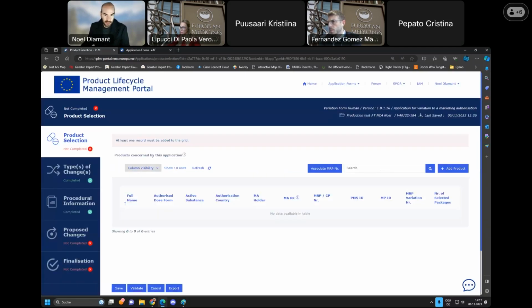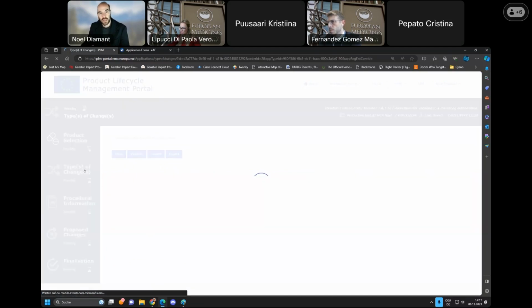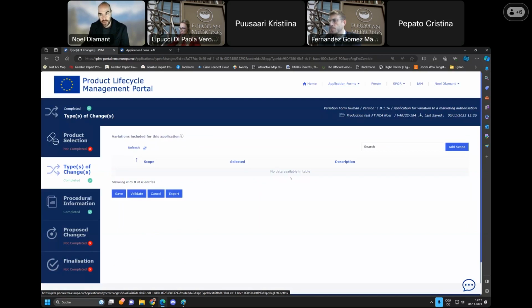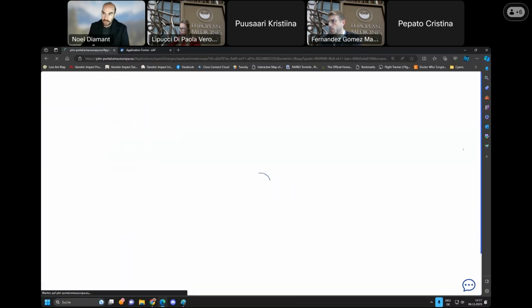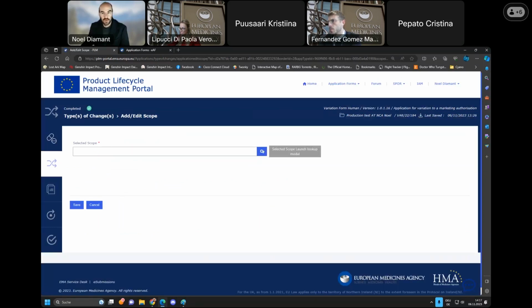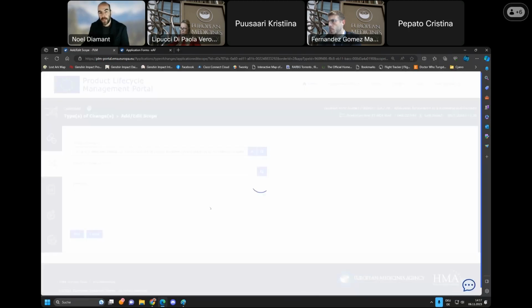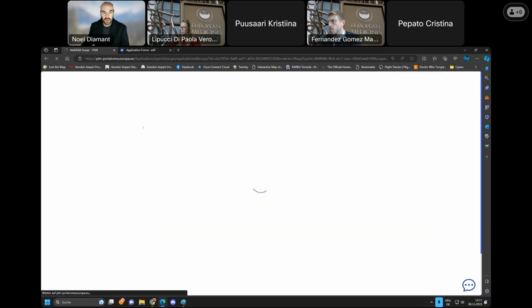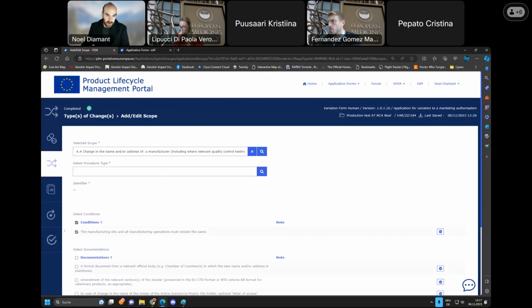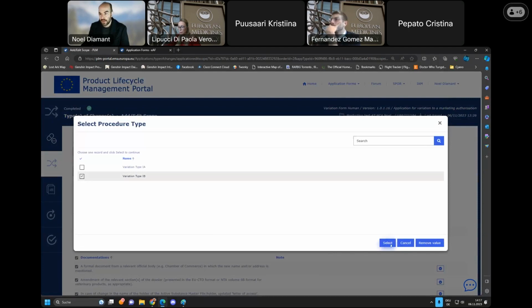So there, I'm going to choose here in the production system. For me, as an NCA user, I don't have any products, but what I can show you is, in the types of changes, I would usually manually enter a scope and choose one of these. Now, I'm just going to choose a random one here. But if there are many changes for this specific product, and they're all the same scope,